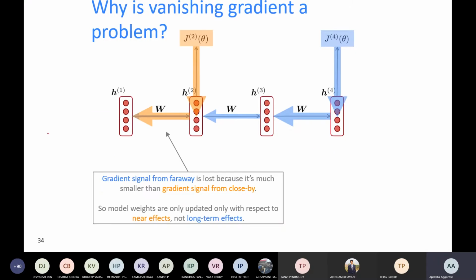Okay, so what happens if this value is very small? What happens if gradient over here is 0.0001? If I'm giving some word like cat, and I'm giving cat eats rats. Okay, so if I'm giving 0.001 over here, so this cat becomes insignificant. So it will not learn much of its feature, much of whatever input is in this layer. Okay, so this is the problem.